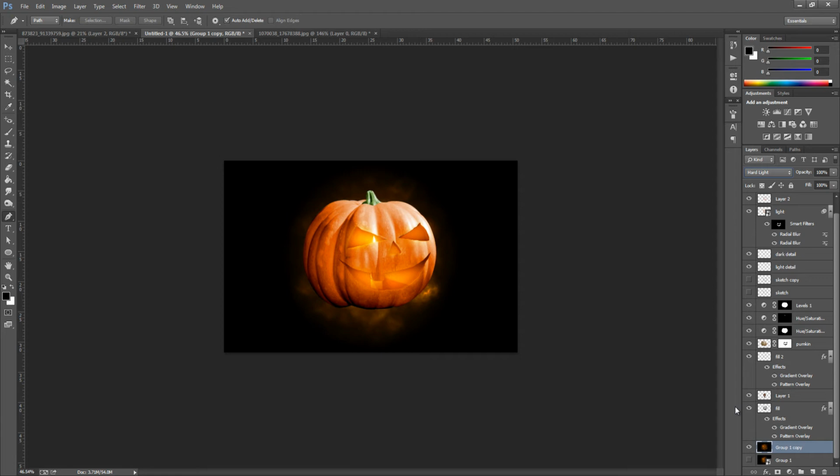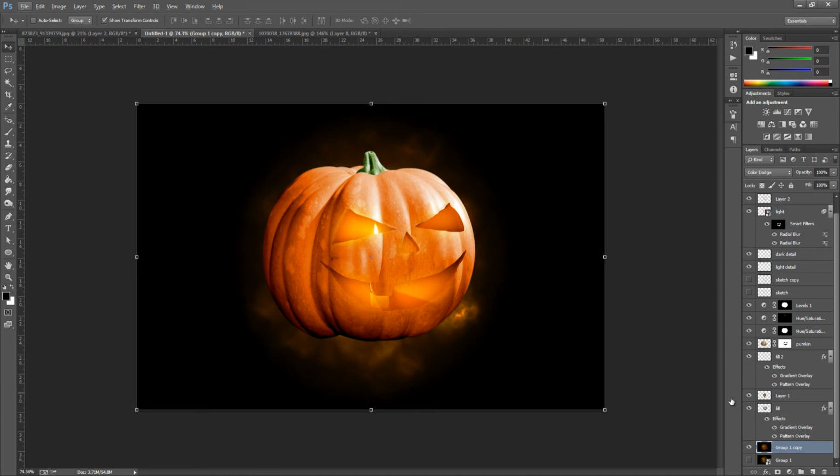So everything is editable, and we can easily just go back and edit anything that we really need to. So I'm just going to zoom in from here, and I'm going to change the candle bit. We're going to go up to our candle layer and change this. I'm just going to bring it up to here, and duplicate this with Control and J again, and bring it down so it's a small